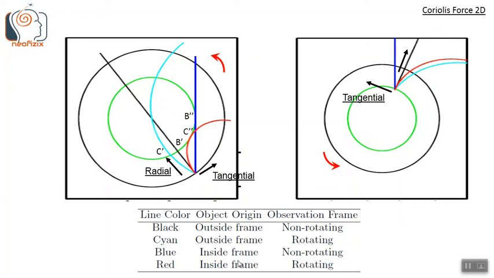So the red trajectories are exactly like the trajectory of cannonballs being fired from within the rotating frame and also being observed from the same rotating frame. So this is the final deviated path we get.